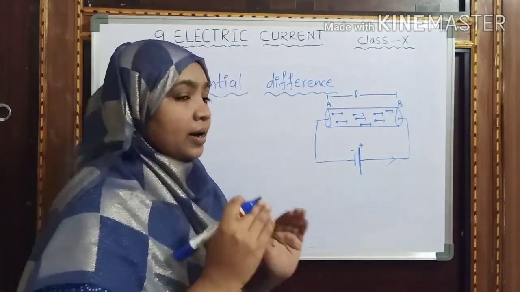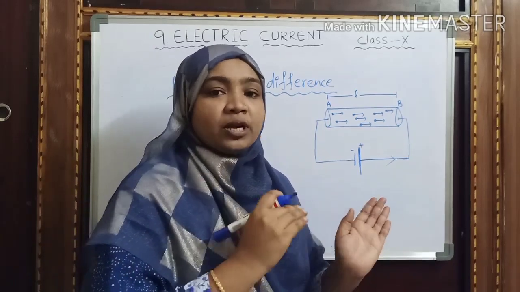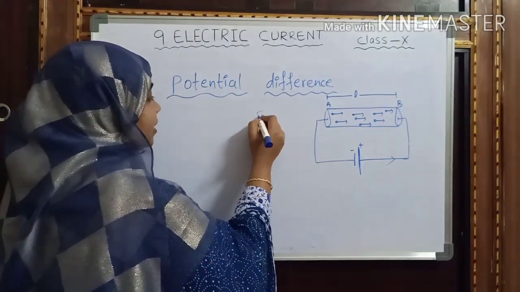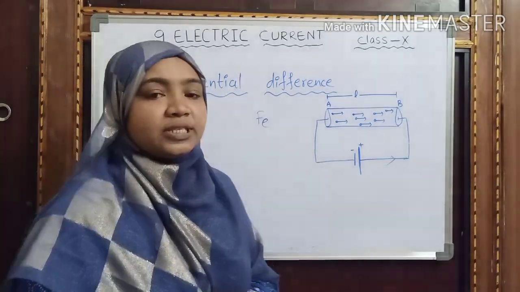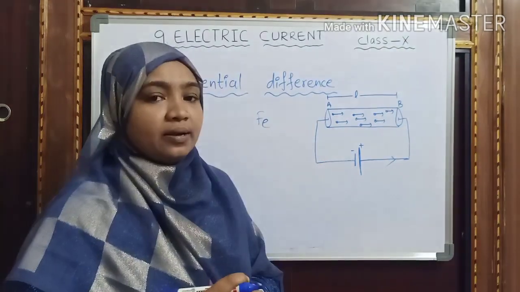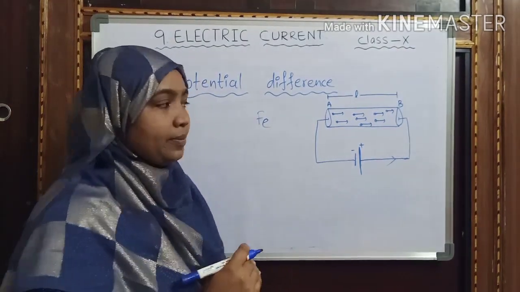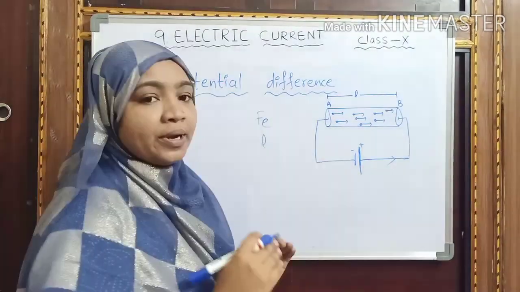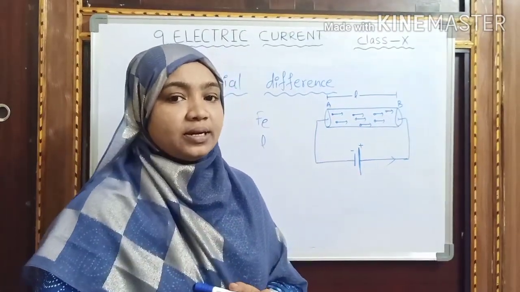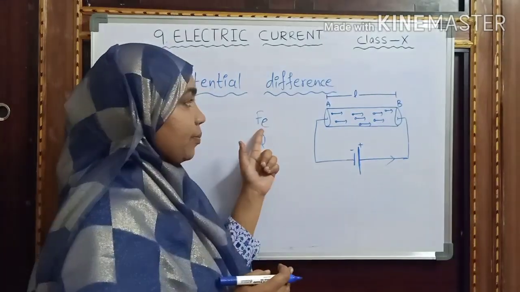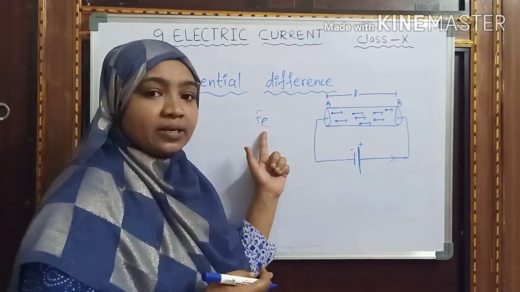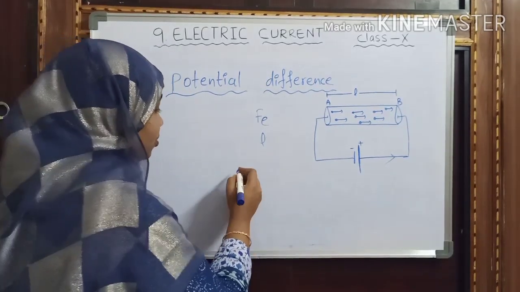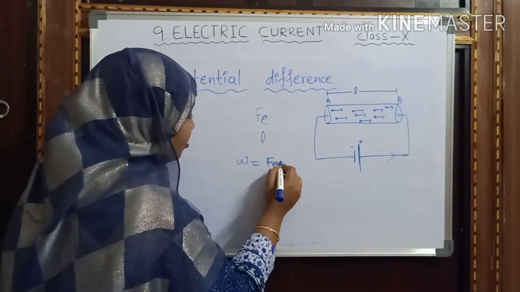Here, consider some force is applied on electrons to move from point A to point B. Let us consider that force as Fe. Fe amount of force is exerted by the electric force on electrons to move L distance between A to B. So here what should happen? Some work has to be done on the electrons. So work can be written as Fe into L.